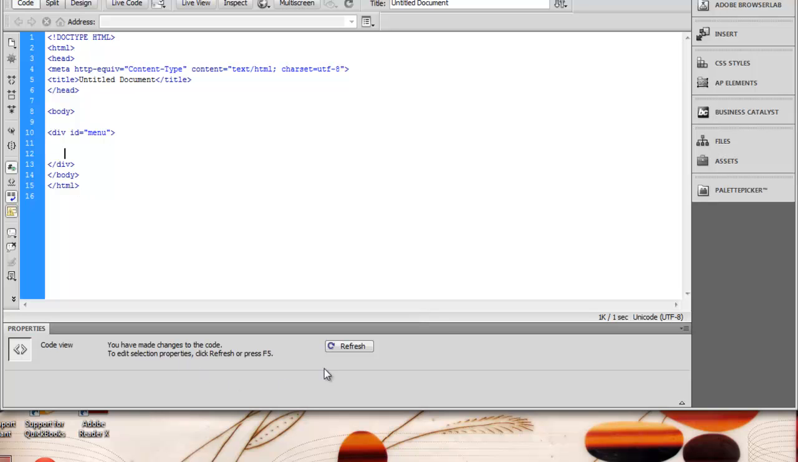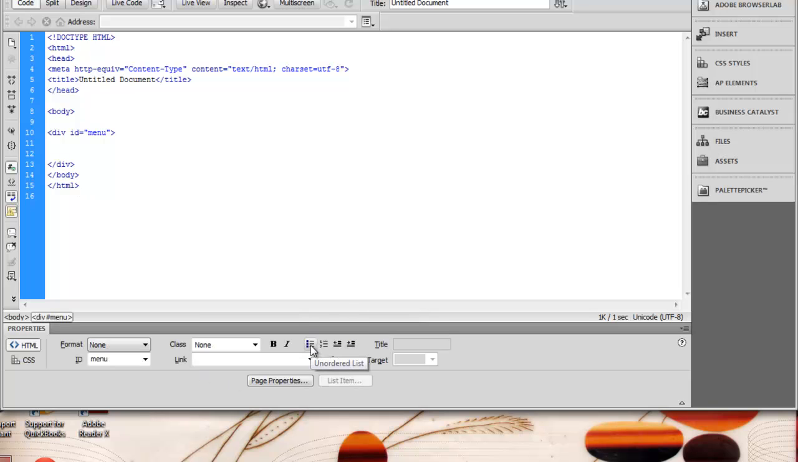So we're going to start out by clicking refresh. And right here, right beside the italicized button, there's an unordered list. Click on that, and it's going to start your first list item. And as you can see, it has started your unordered list and ended your unordered list. So within that